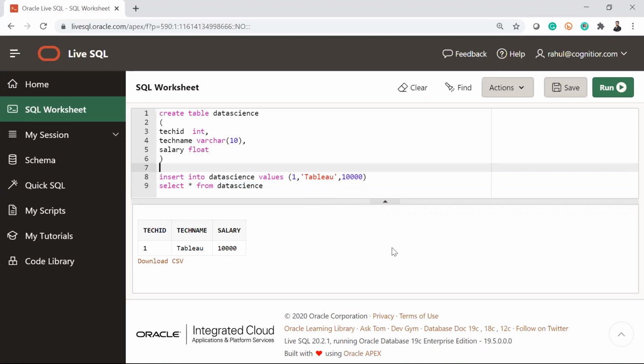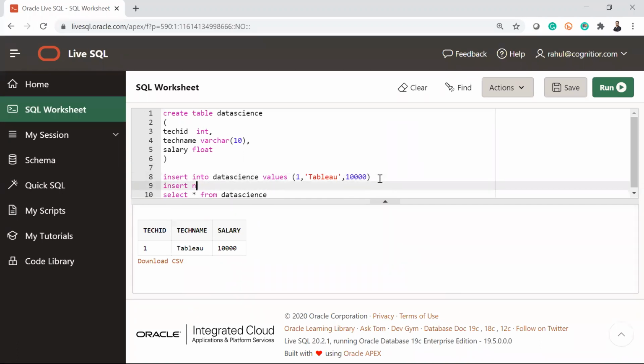All right. So that is how you will be able to insert. And again, we have to talk about a lot of things, insert, delete, and a lot of commands we'll discuss in this week. But just to help you understand, because we did not talk about coding for the last 2 sessions, I thought let's start something today. So here I inserted the record. Now let's say I'm inserting one more record. Insert into data science again, values 1 comma Python, let's say $15,000.